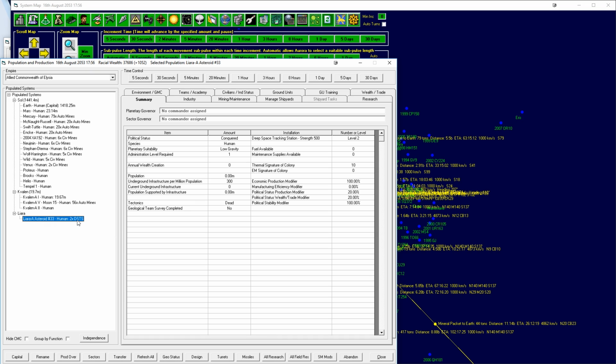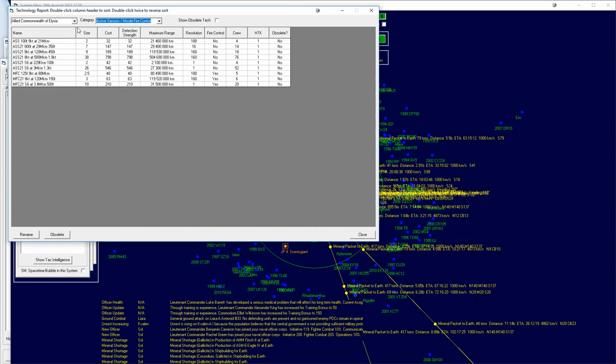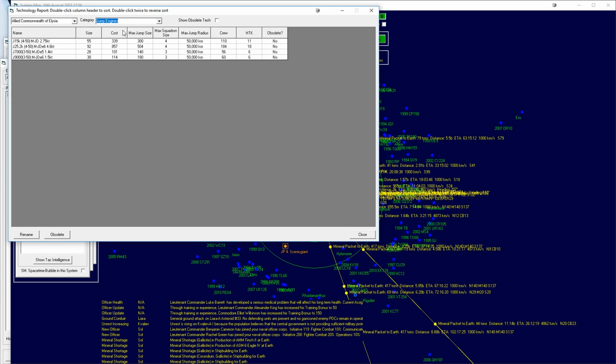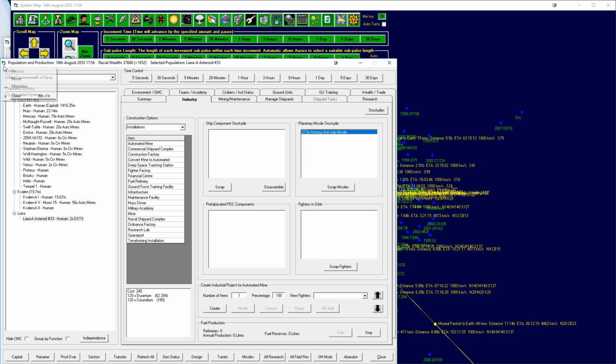Right. 2 DSTS, that's their tracking stations. Thermal signature, deep space tracking station, level 2. Hotspur anti-ship missiles. 273 of them. That's not terrible. Do we have a tech for that now? Can we see them in tech? Size 4. Speed is a little less than ours. Endurance is really good with a crazy range. Warhead rating is only 7. Yeah, they've got a lot further range, but we don't have the fire controls to really fire those. And the warhead is much smaller, so I think we'll pass. It's nice to know what they have, but...